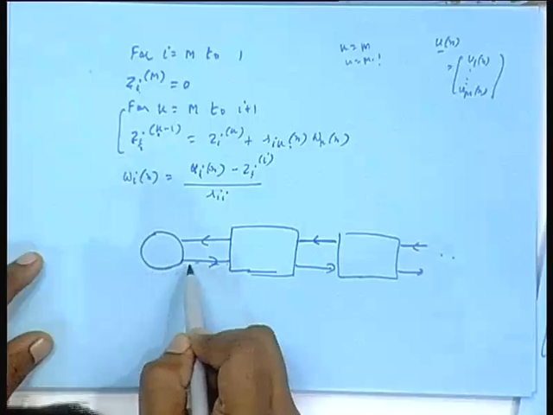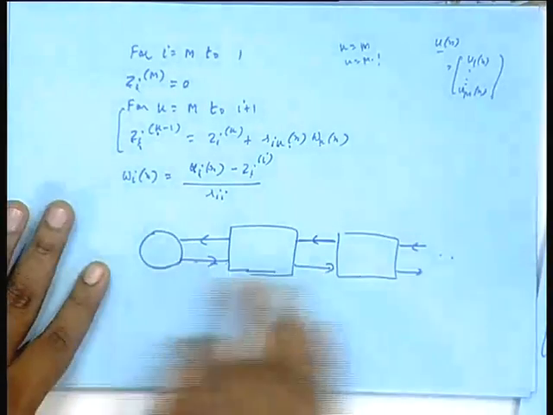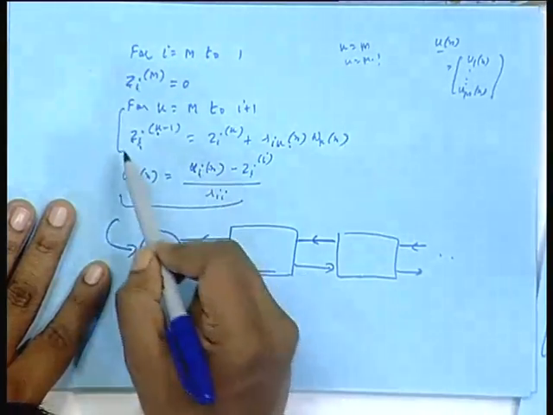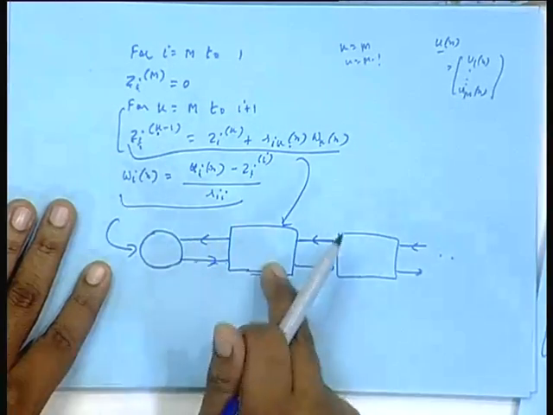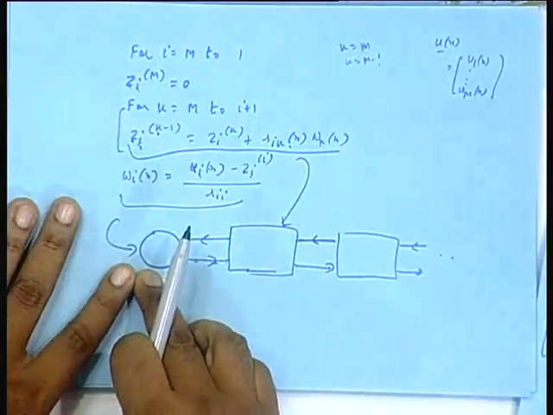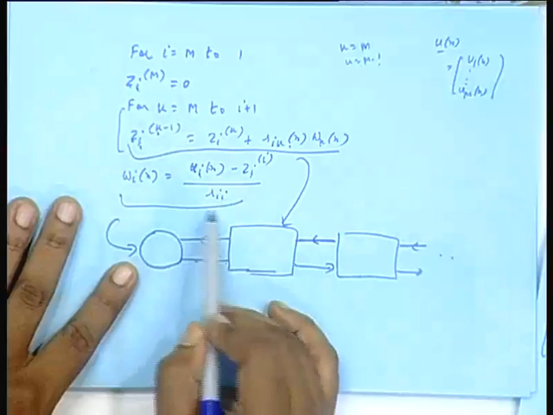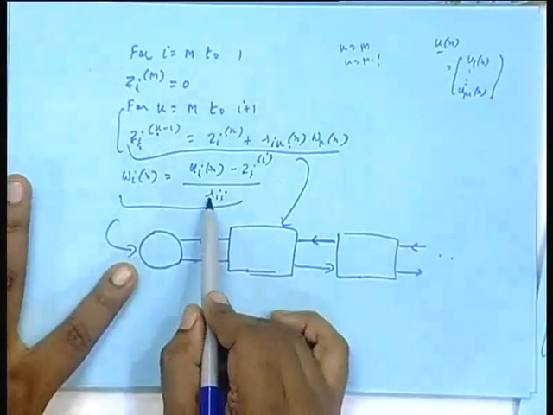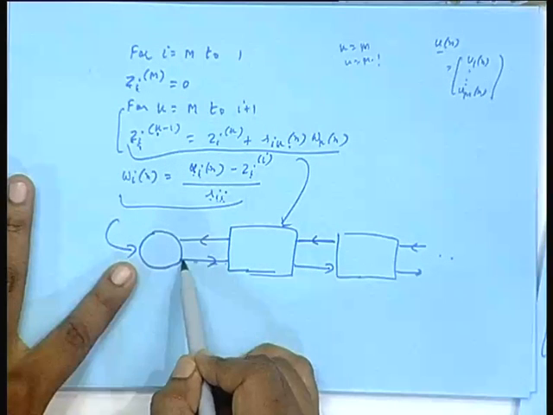What this guy does, it will generate weights. This weight, I am just drawing the schematic. This operation will be done here, and this operation will be done here, using exact variable names, but these operations will be done here. In the very starting index, when i equals m, this is 0, you are finding out, and these r values are stored, they are all available. r m m is stored here. Using r m m and u m n, this guy first finds w 1 m.